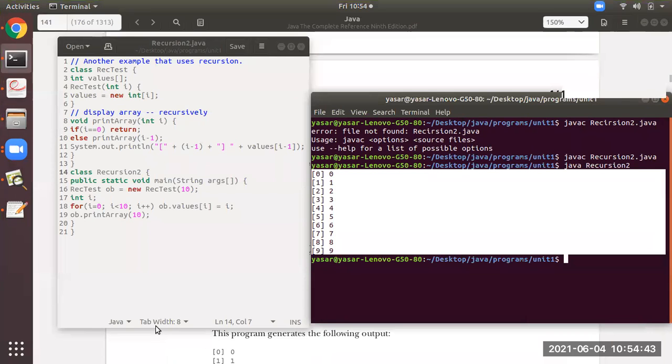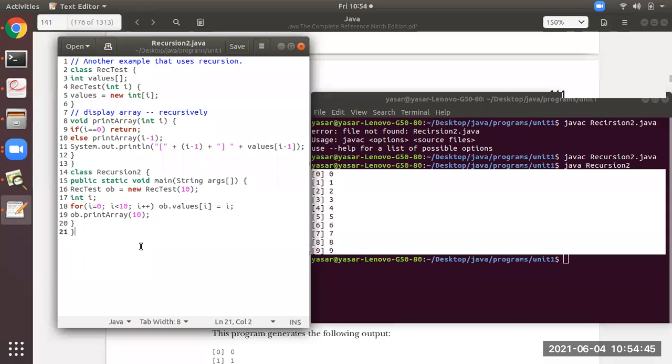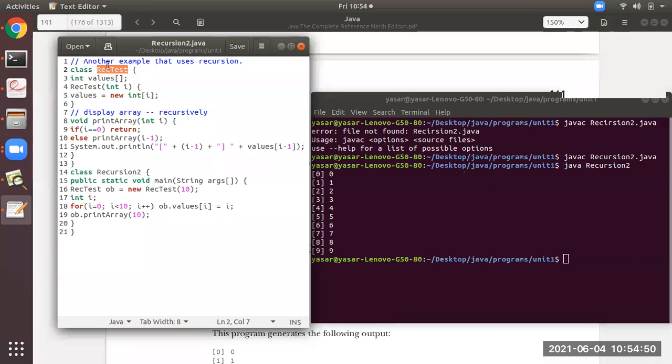Now you all see this program. Now in this particular notepad, I've copied the program. You see there are two classes. One is rectest, okay, where the code is written with the recursion concept, and this is the main class from where we are going to call the above class. Now you can see at line number 16, ob is an object, and this is a call to the constructor of the above class, rectest of 10. So this is a constructor call with a parameter as 10. So you all observe here, it will pass the value to here, I will receive the value as 10.